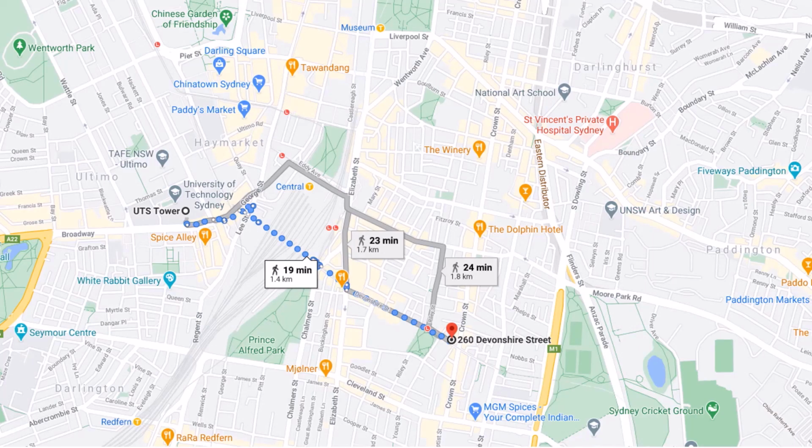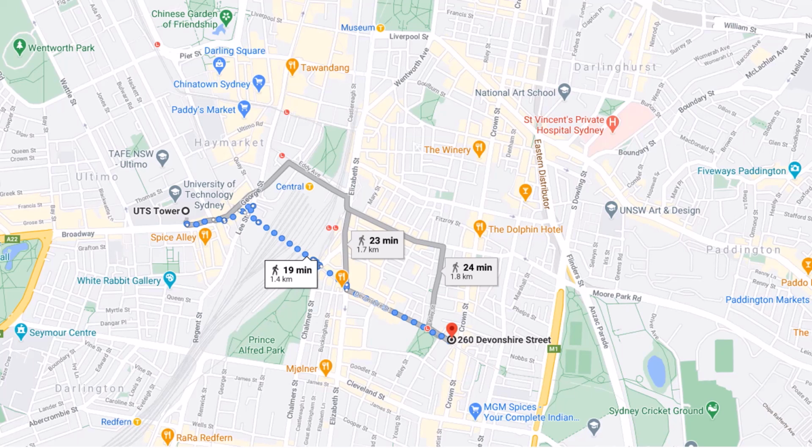To solve this problem, we came up with a solution. For example, we need to navigate from this starting position, shown with the red flag, to this destination. What ways do we have? We have two ways. We just follow the map using the directional arrow and reach the destination. That's what we're doing now.